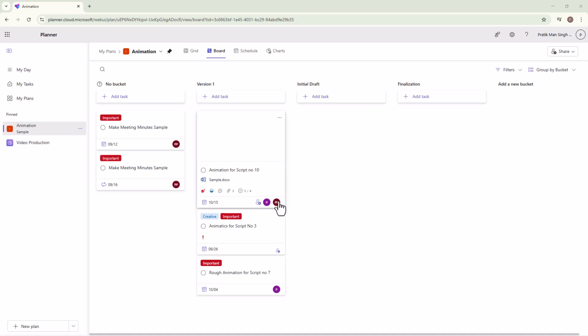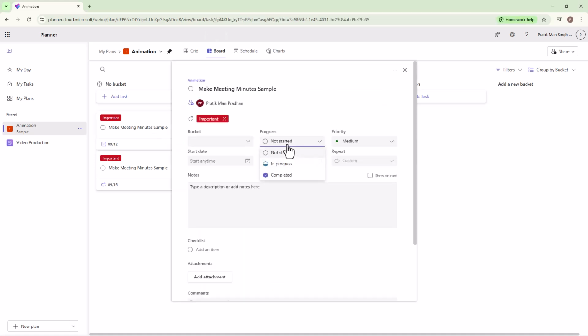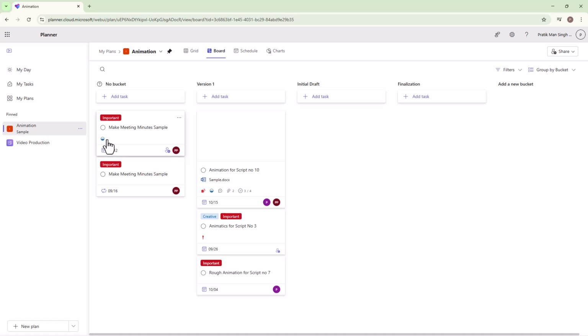So over here you can see that I am in the board view right here, and I can go ahead onto this particular board view, and then I can go ahead and mark it in progress as this project is in progress right here, and it'll show up in this particular progress right here. Apart from that, if I want to actually go ahead and mark the whole card as complete, you can press